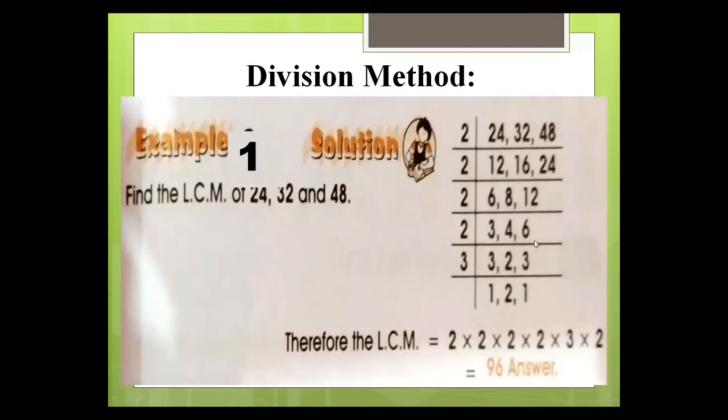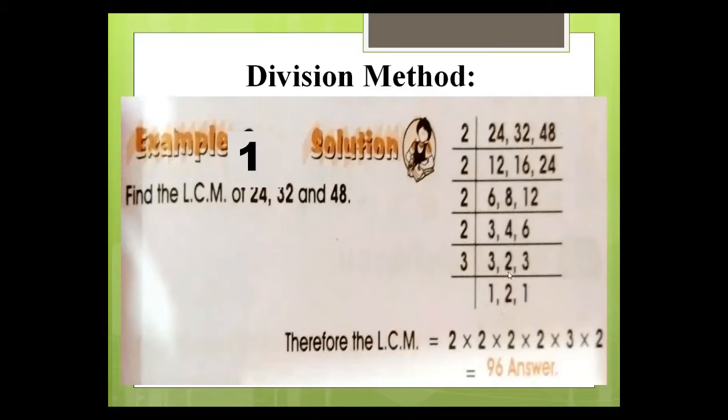At this step, you see that we have three numbers, but only two numbers are divisible by a single divisor. 3 is not divisible by 2, but 4 and 6 are divisible by 2. That's why we first pick 2 as a divisor, take 3 as it is, and divide 4 and 6 by 2. The answer is 2, 3, and we take the 3 as it is because 3 is not divisible by 2.